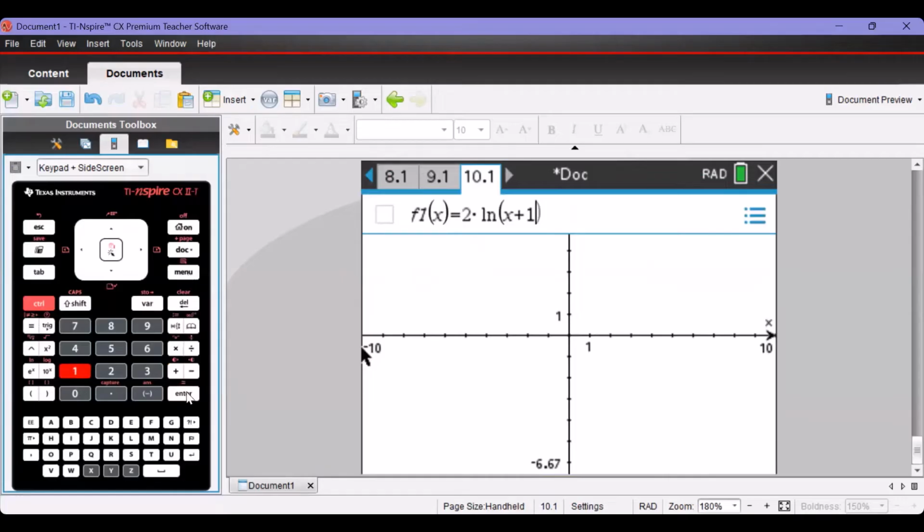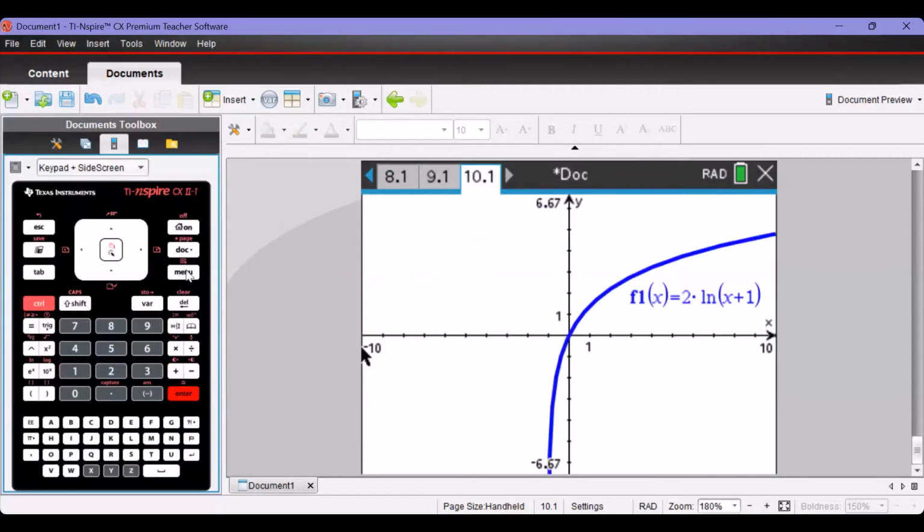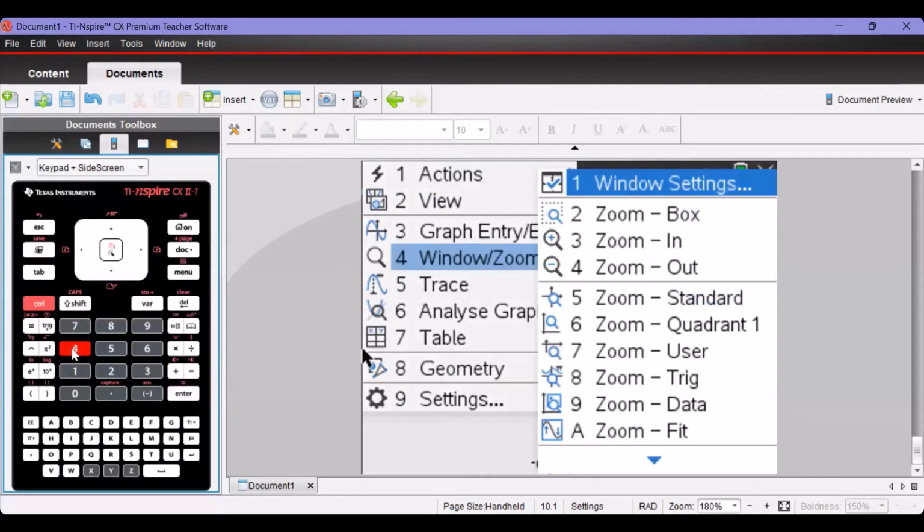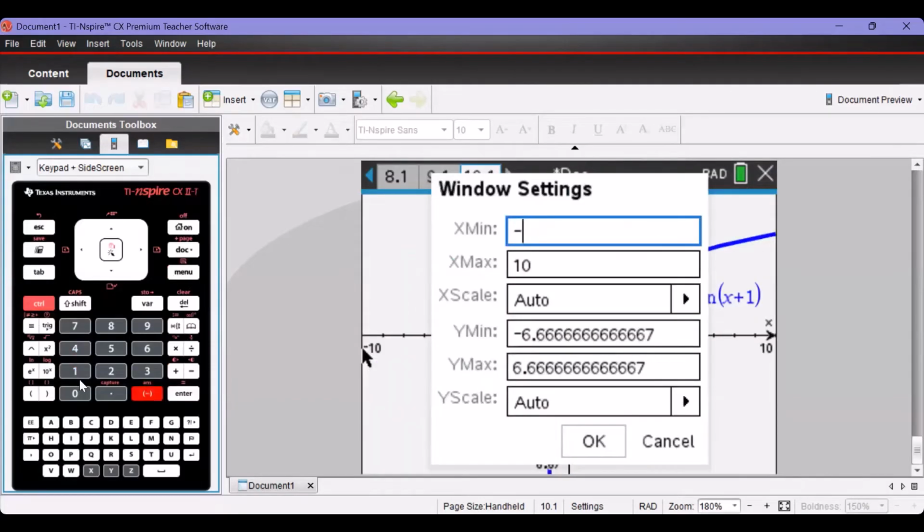We'll press enter first of all, and then menu, 4 for Windows Zoom, 1 or enter for Windows settings, and we'll say something like negative 0.1, say to about 2.5, x scale of 1, and then say negative 4 to positive 4,